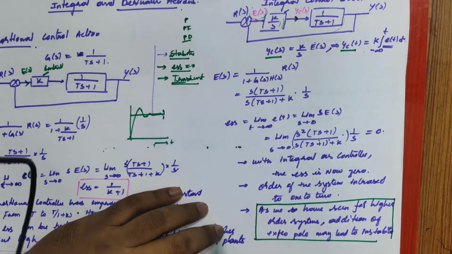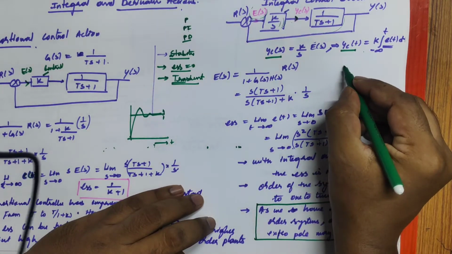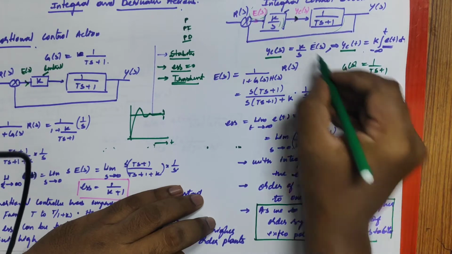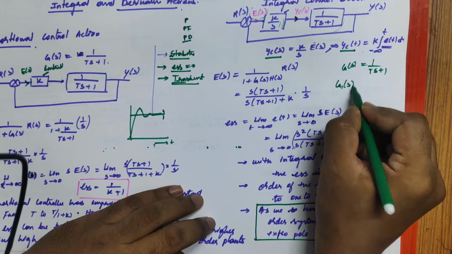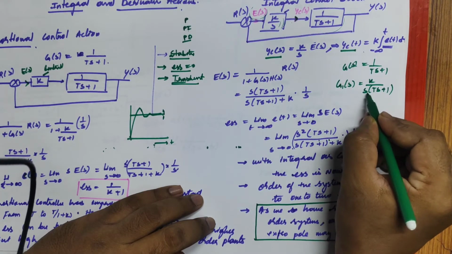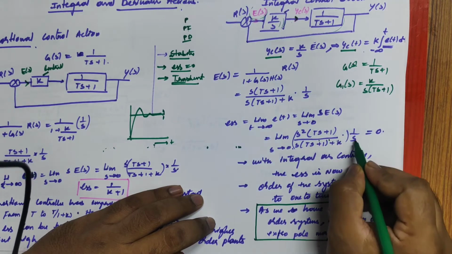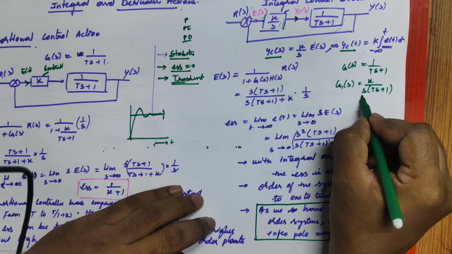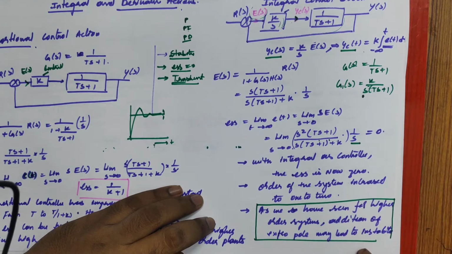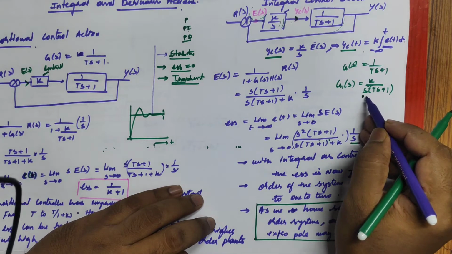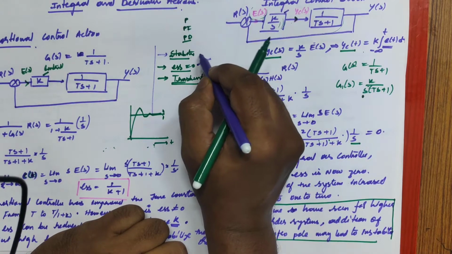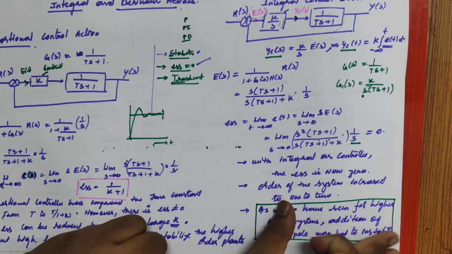In general we have G(s) equal to 1 by (Ts plus 1). Now what is happening? G1 dash equals K by s times (Ts plus 1). So here, to remove the steady state error, I incorporated the pole here. If we go higher, another pole is added, and what happens? It leads to instability. So getting a zero steady state error is okay for me, but we are not compromising on stability. We will see that.